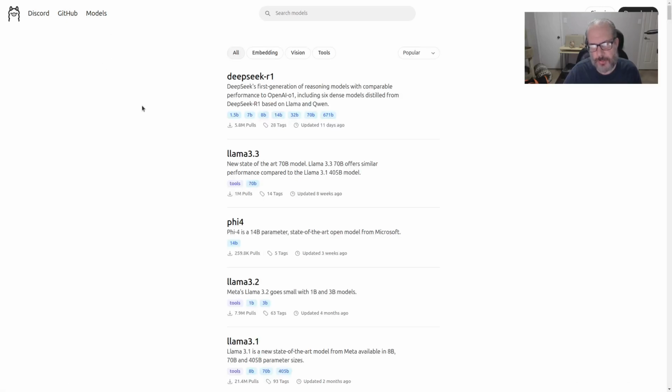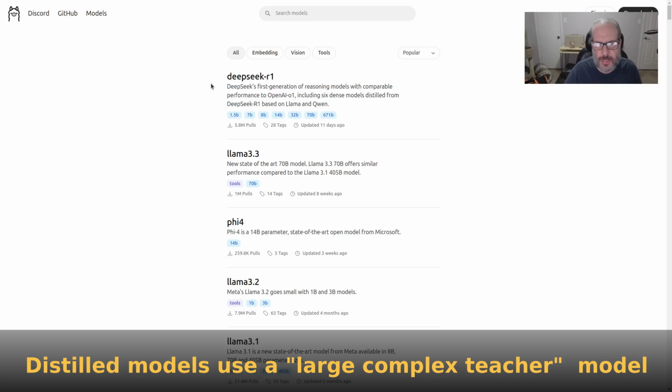And if I click on models here, there are quite a number of models. The significant difference between the Llama models and the ChatGPT models is the Llama models are open source. And of course, at the top is the first one you always hear about, and that is DeepSeek R1, which is the Chinese model that was distilled. And it comes in various model sizes of 1.5 billion, 7 billion, 8 billion, 14 billion, 32 billion, 70 billion, and all the way up to